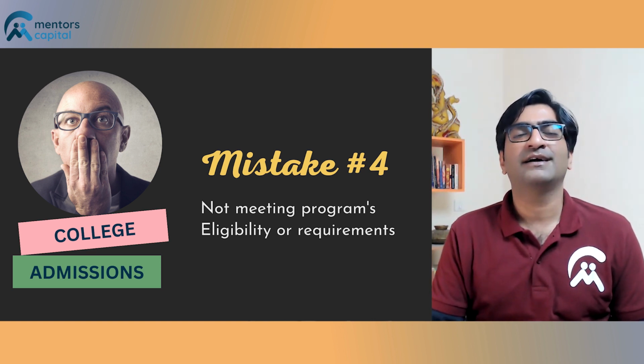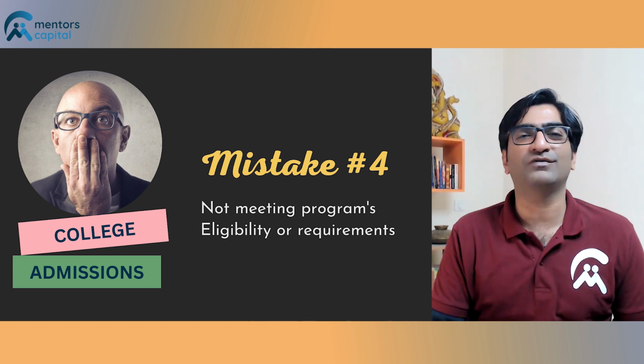Now, mistake number four, right, that students commonly make is to not check the program's requirements, or the eligibility criteria as mentioned by the university or the particular department, right? Now, this is an absolute sin, right? And you'll find it laughable that students even make this mistake, but they do. And so in your rush to complete the application process or admission process, make sure that you don't make the mistake of overlooking a few of those criteria.